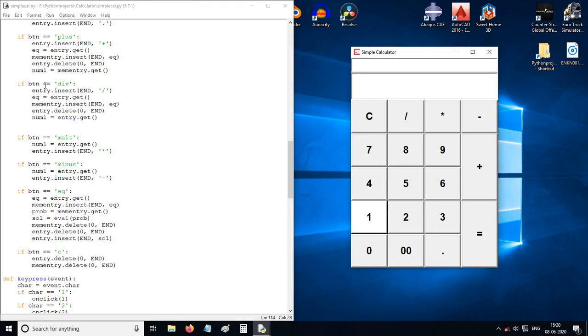So here we have division also the same thing. In multiplication also, here we need to change the code the same way as plus. We will change it the same as the plus and minus buttons, or else it will not work. See, 56 times 98, so it will not load up to that memory entry. 98 minus 96, this is also not going good. Okay, we'll change this real quick.